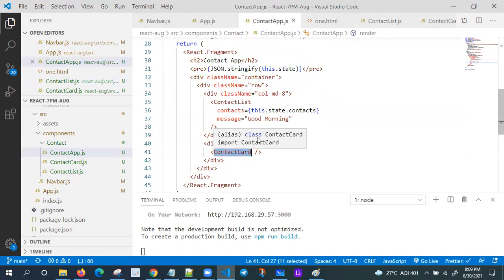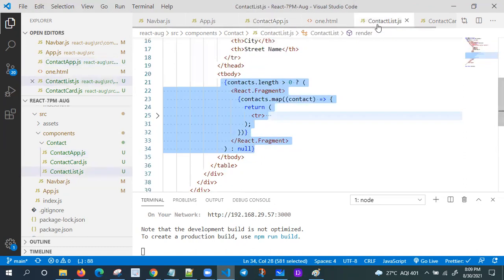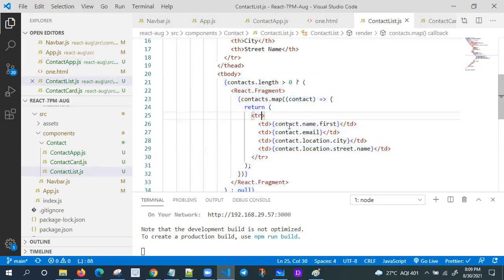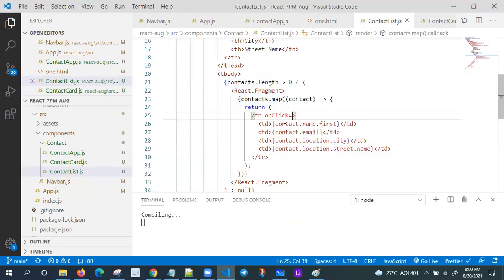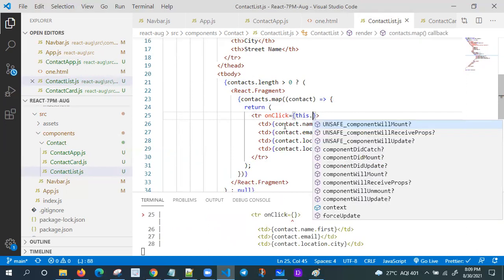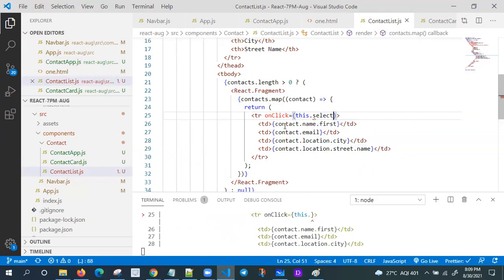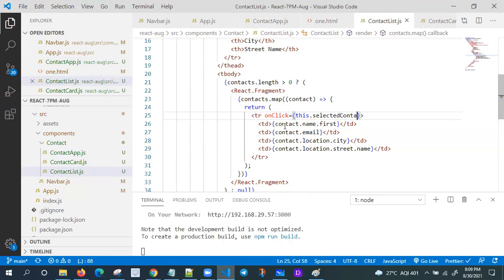So that will be event based. We need to give one event at the row level, an onClick event handler, on the row. The user is going to click something, so we need to execute one method. I'm writing one method in the class component, this.selectedContact.